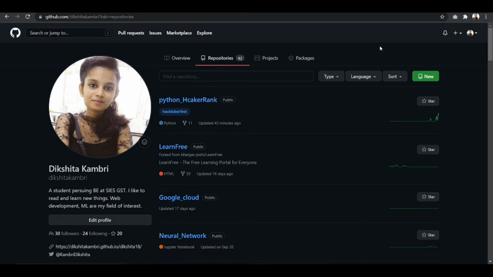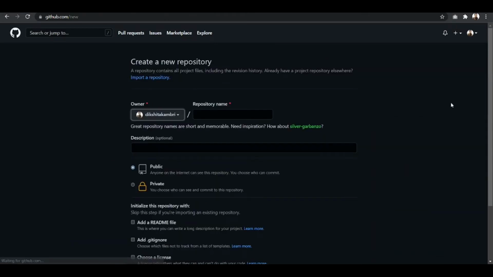After creating the account, in order to create online repositories, just click on the repository section, then click on this green new button, and it will redirect you to this page where you can create your new repository. Just give any name to your new repository, like I'm giving here git demo.